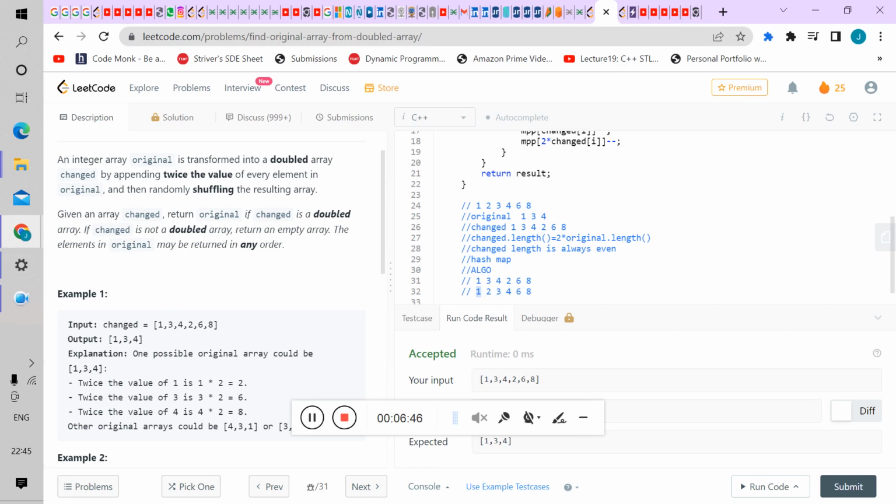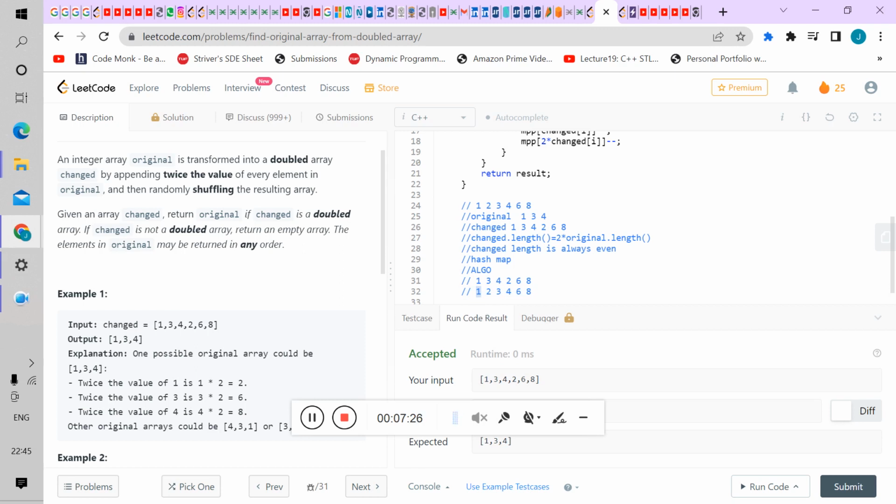So basically we have the changed array. Think one thing, the changed array has the normal element and its twice version. It should contain both of the following versions, right? So we can be sure that it is made from an original array that has a single key, and the double key is what we are adding extra in the changed array, right? So for every element I am on, I am just finding